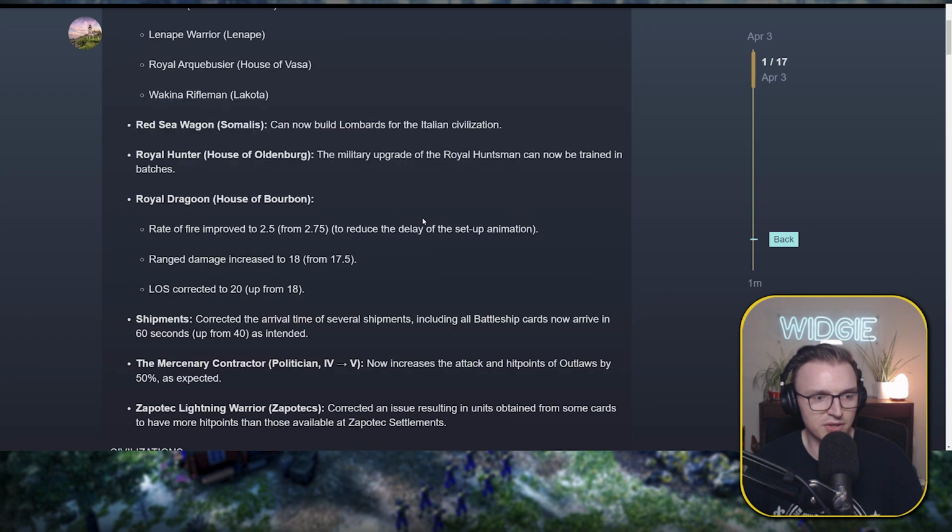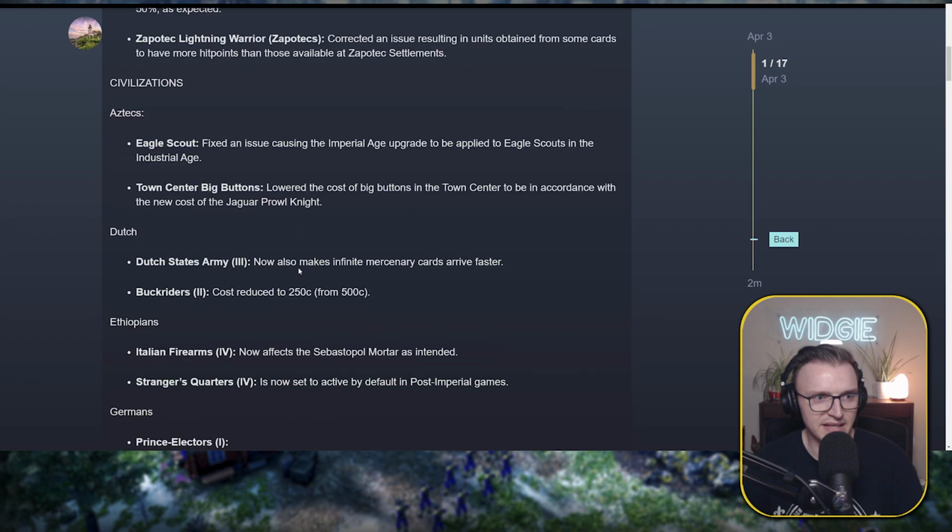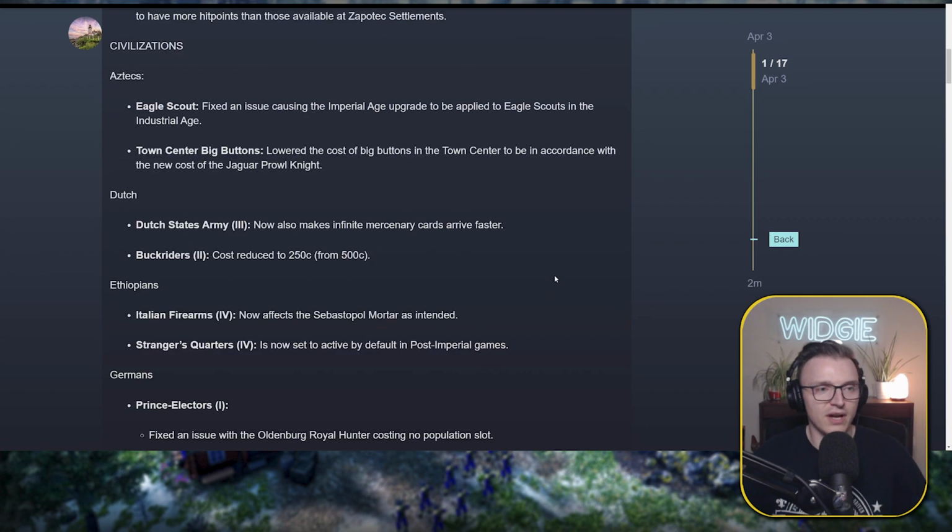But really, guys, I want to go down. I want to have a little bit of a look here. If I go all the way down, I want to get to the juicy bit, right? I want to get right here. Here we go. Civs. Let's go through this. Let's be quick. Let's not dilly-dally and dawdle. Let's go. So we have Aztecs, the Eagle Scout, fixed an issue causing the Imperial Age upgrade to be applied